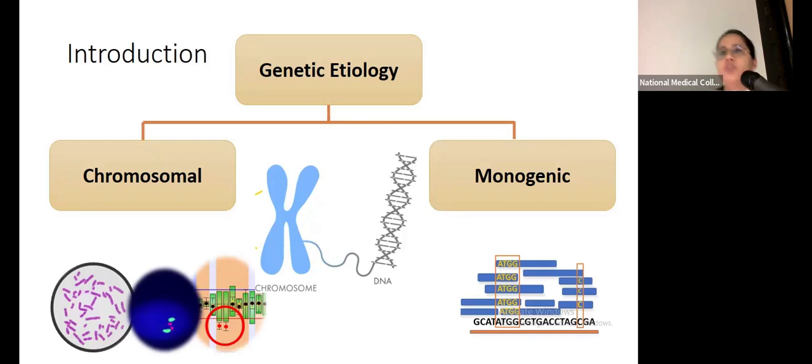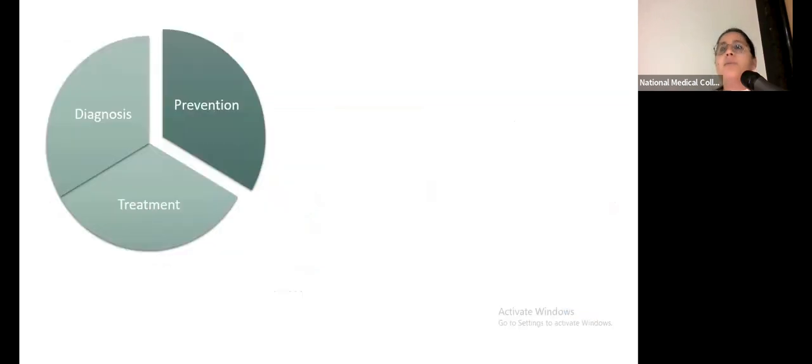With this genetic etiology, not only do we provide a diagnosis to the patient and a closure to the family, but many times this particular genetic target also happens to be an important therapeutic target for many important diseases. The focus beyond diagnosis and treatment is the prevention of disorders. In terms of genetic diseases, this prevention means preventing the transmission of the disorder from one generation to the next, to actually prevent the occurrence of the disorder in the next generation.